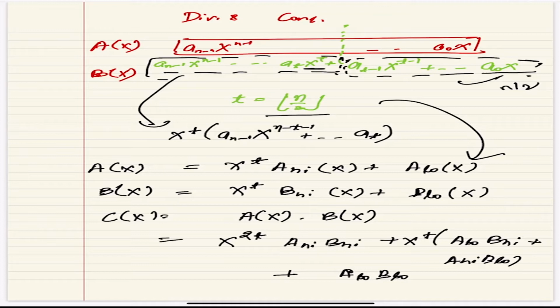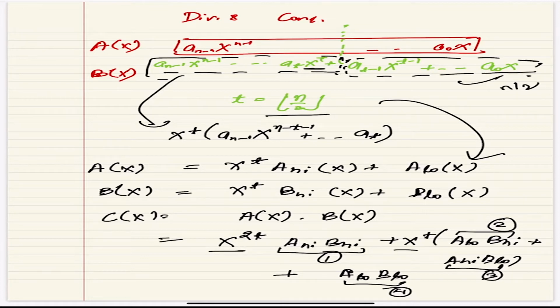Now what do you see? So you're dividing into smaller subproblems. This is one subproblem of size n by 2. Convince yourself. A and B are polynomials of size n by 2, and you're multiplying this. So this is a single subproblem of size n by 2. Similarly, this is a second subproblem, third, and fourth. So you have 4 subproblems, each of size n by 2 here. And you are solving these recursively, and combining by multiplying with certain terms and adding.